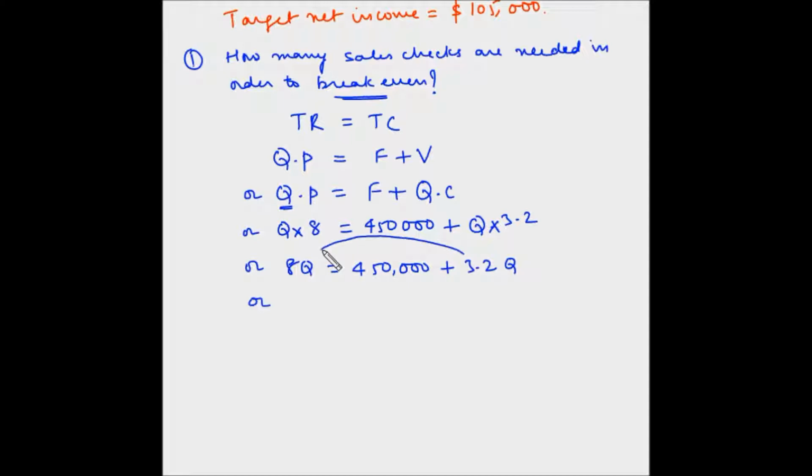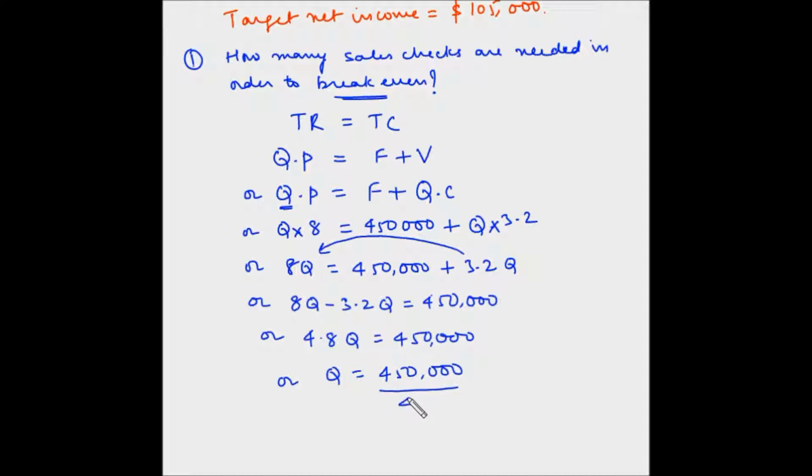So this 3.2 let's bring on this side, so it is plus, and when we bring it on the other side it will become negative. So 8Q minus 3.2Q is equal to 450,000, or 8 minus 3.2 is 4.8. So 4.8 times Q is equal to 450,000, or Q is equal to